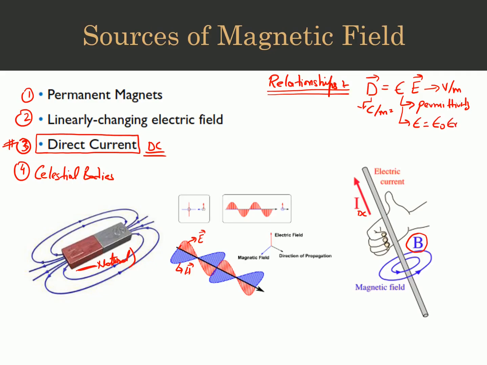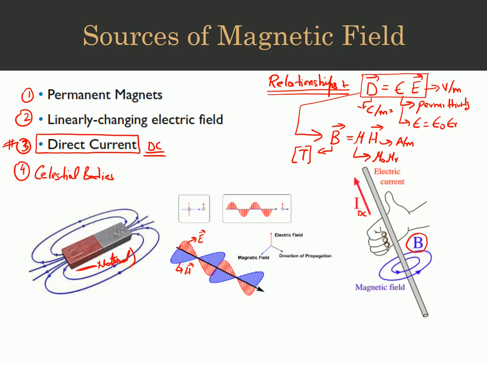Similarly, based on this relationship of electric field intensity and electric flux density, the magnetic field will have the same relationship, where we can say that the magnetic flux density, represented as B, is equal to mu multiplied by the magnetic field intensity, represented as H. Here the unit of H will be amperes per meter. Magnetic flux density is normally represented in Tesla, with the sign T,